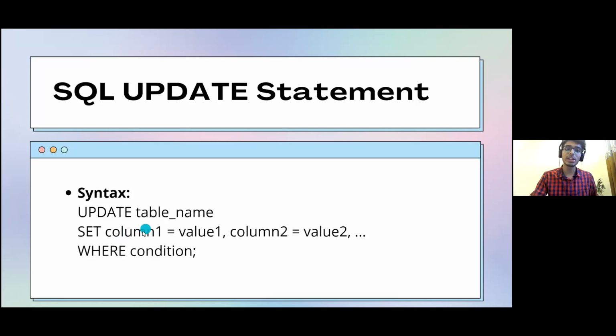So I'll provide the column name over here which I want to update for my particular row. I had a row of person ID, name, and city. I want to update my name or my city. So I'll give the column name. Name and city were the column names which we had given.